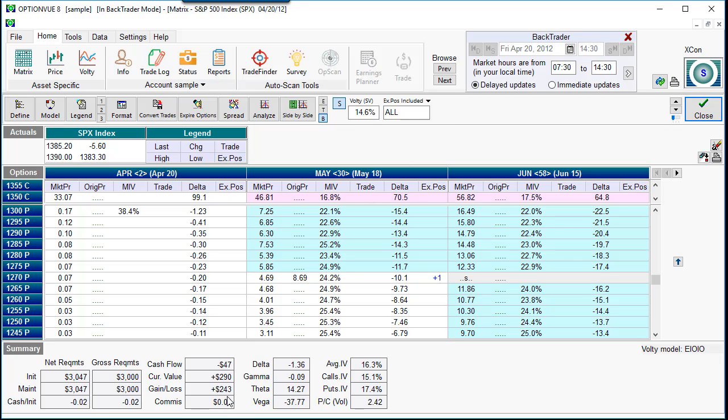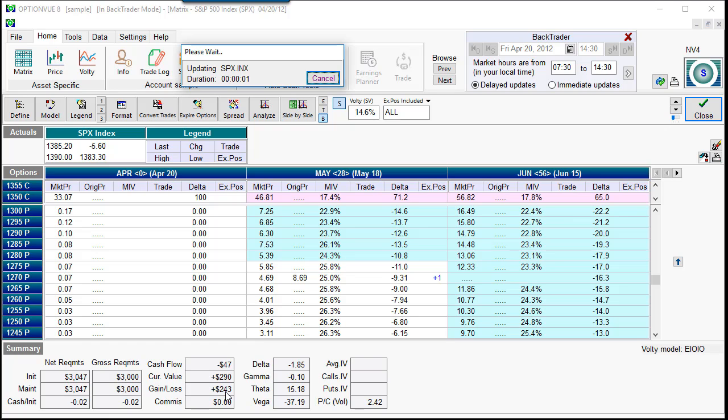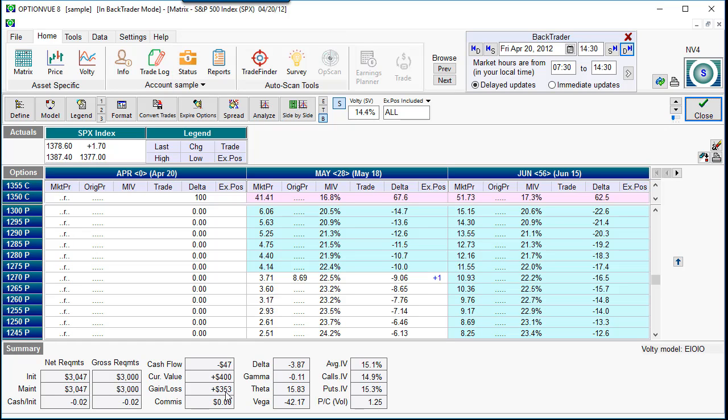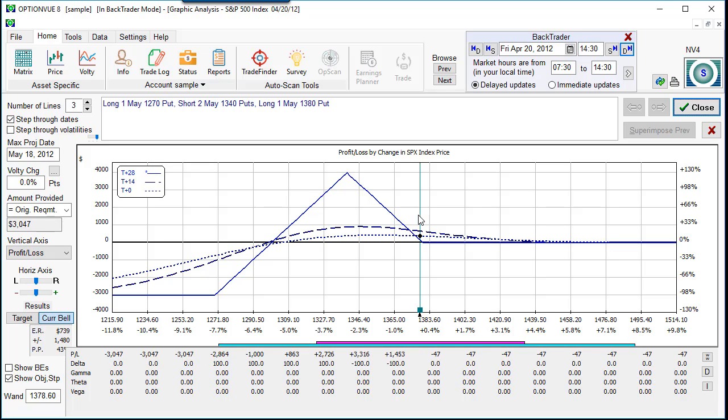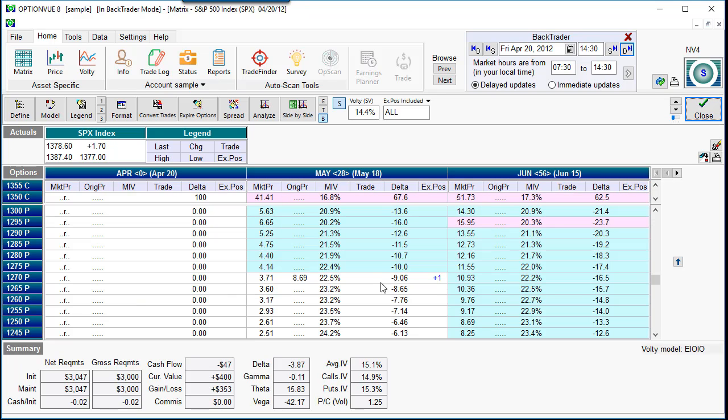Go a couple more days, but you'll see we're getting very close to that take profit amount. And there you go. 2 days later, you have realized a very nice profit. You still have 28 days to expiration. At this point, what do you do? You either close it up and you are content with your profits, or it's automatically closed from your resting orders,